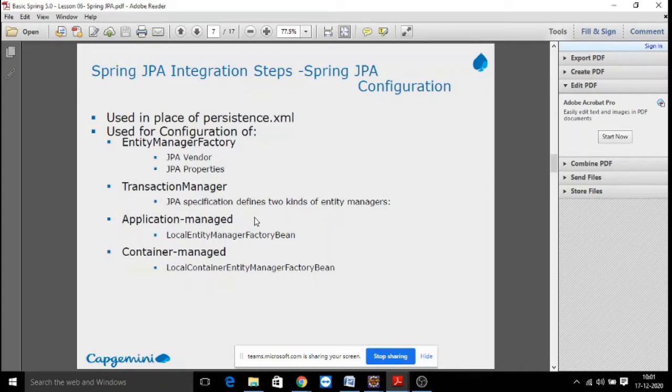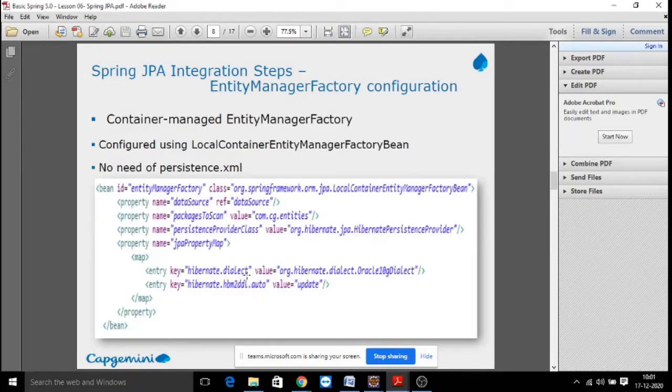One is the application managed entity manager factory bean, and the other is the container managed entity manager factory bean. Especially the names of these factory bean classes, like LocalEntityManagerFactoryBean and LocalContainerEntityManagerFactoryBean, are helpful for your MCQ based assessment preparation. These are the two types of factory beans we'll be using in our Spring Data JPA applications.